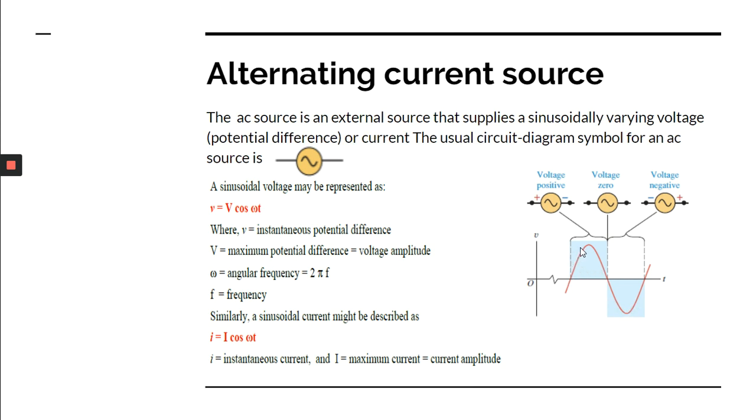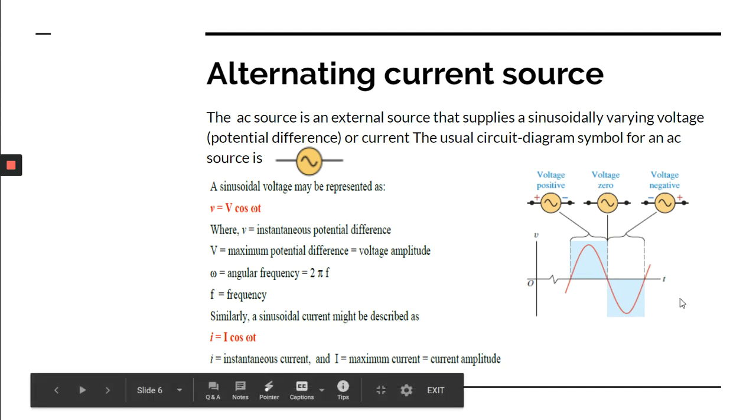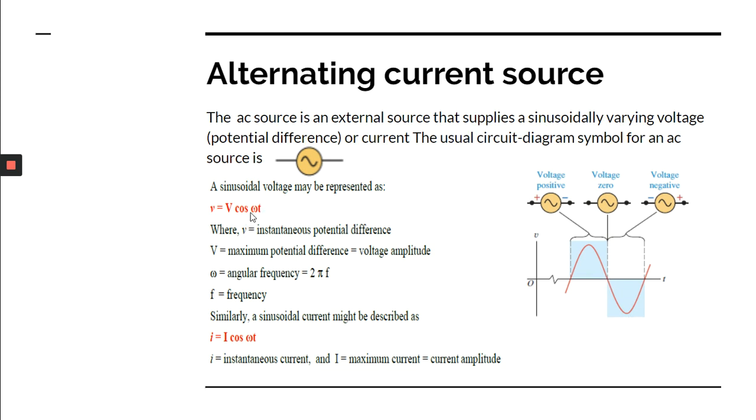That means the AC source supplies a voltage that varies with time. And what is omega? Omega is angular frequency. Here two V's are there, small v and capital V. This small v is the voltage at any time t, and this capital V is the maximum voltage, or voltage amplitude, or peak value of the voltage. If you take any time t, suppose this is the time t, then at that time this is the voltage.